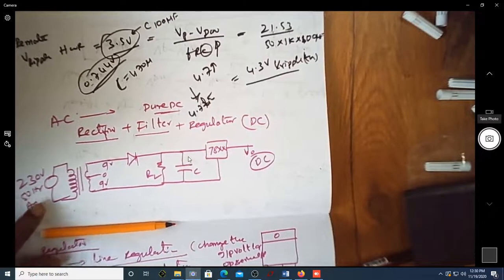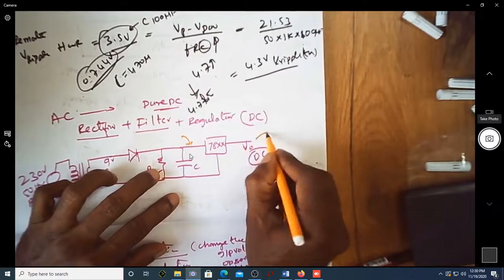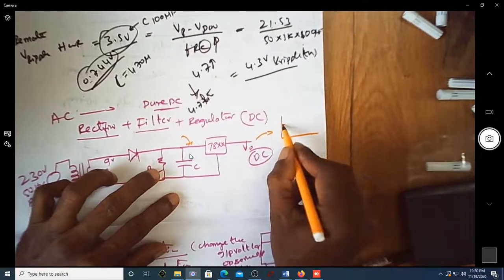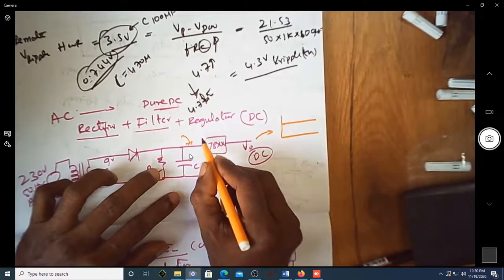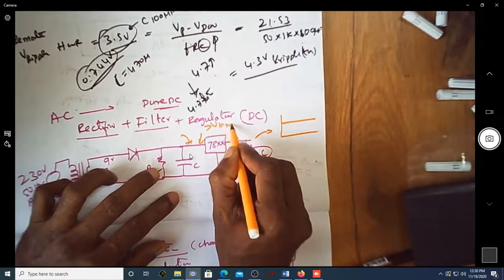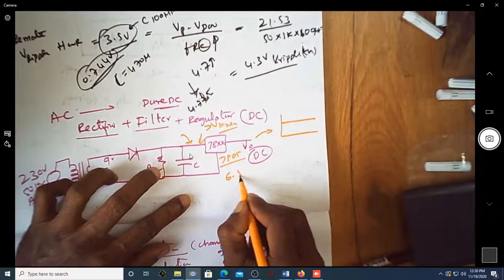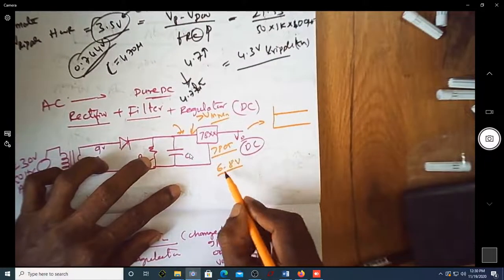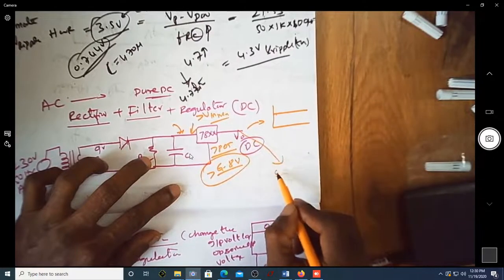See here, what voltage are you going to have here? What is the shape of the waveform you're going to have here? Is the shape flat here because this is the output of the regulator? It will be flat if the input voltage is more than the V in minimum that is required. We know that for the 7805 the minimum voltage was 6.8 volt. If the input voltage is more than 6.8 volt, I'll get 5.4 volts.